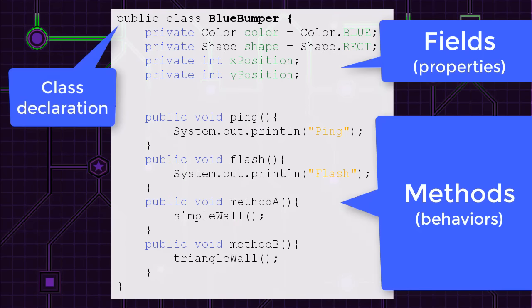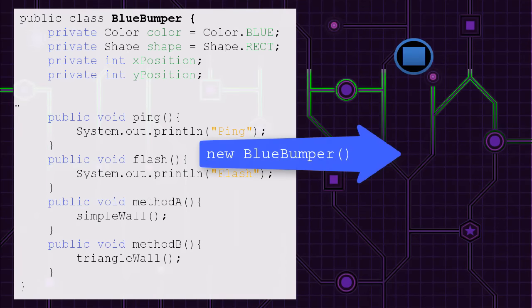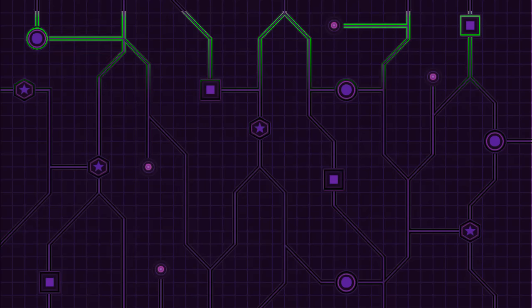So this is this little bit of code up here on the first line. A class declaration gives a name to the class. This name also describes the type of object outlined by the class. In this case, a blue bumper. The details of the class are written between these two curly braces. Based on the information we've written into this class, we're able to create many instances of blue bumper objects. Don't worry too much about the syntax for right now. Those slides are just for reference. Just worry about the design aspects.